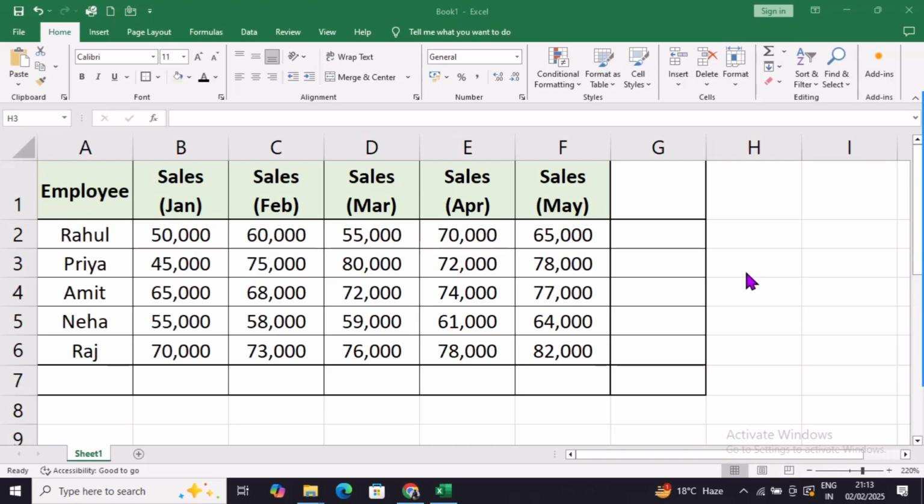In the last video, we learned how to use the average function to calculate the mean of a set of numbers. Now let's move on to an important function, max. The max function helps us find the largest value in a data set. It is very useful in business, finance, and reports where we need to identify the highest sales, maximum salary, or